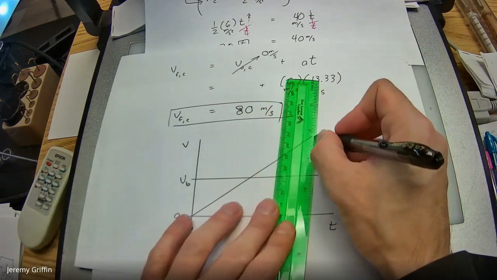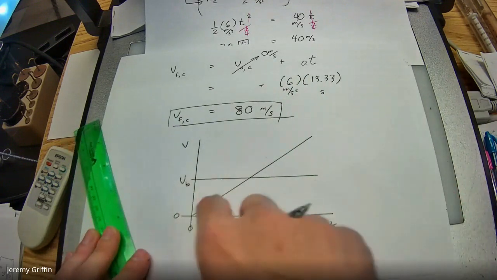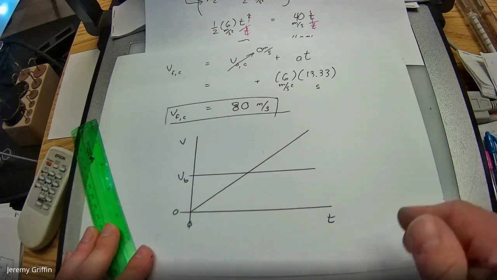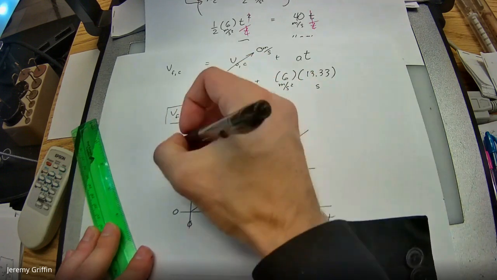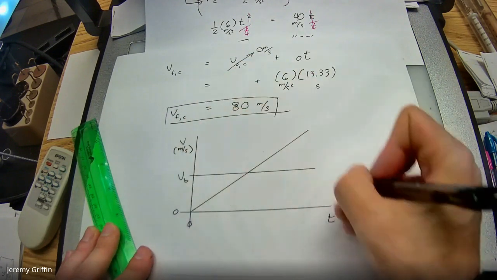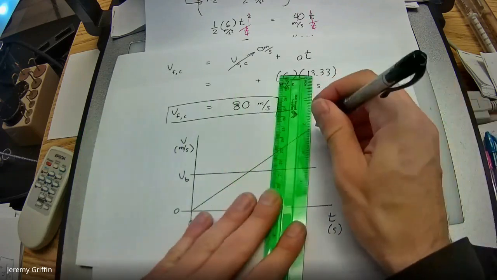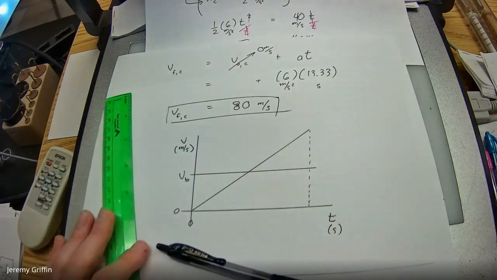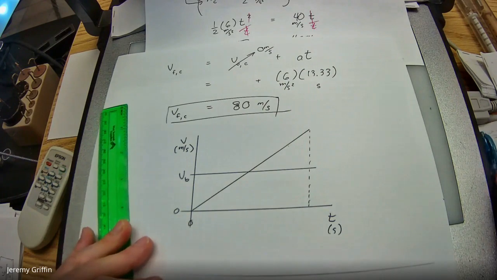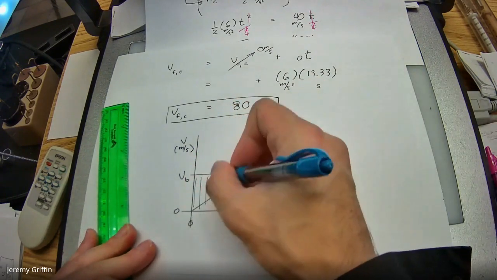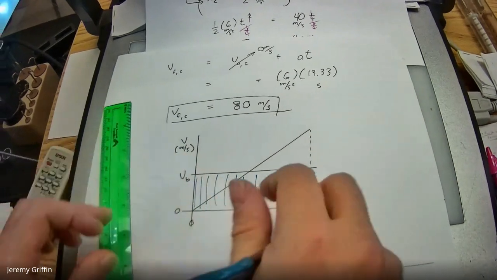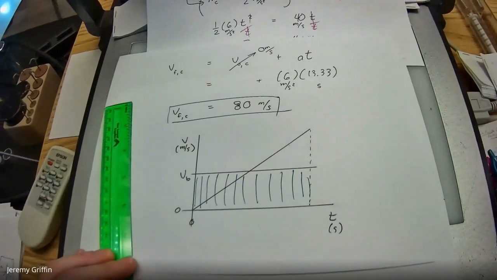Do you guys remember what property of a velocity versus time graph tells you position, or displacement, I should say? How far? You guys remember it's the area under the curve? Because it's meters per second times seconds, which gives me meters. If you look at a couple things here, here's how far the blue car went. It's the area of this rectangle: speed times time. That represents how far the blue car went.